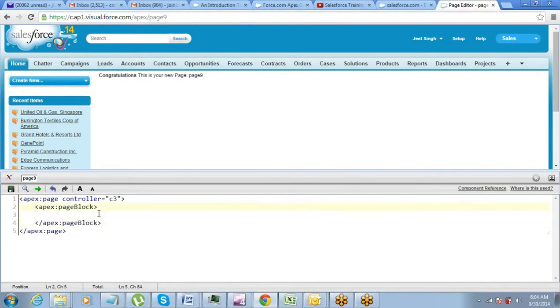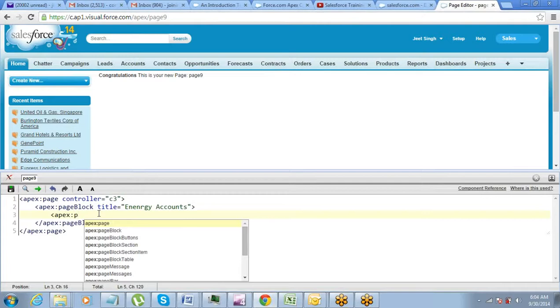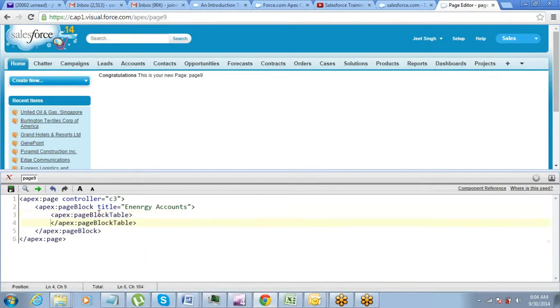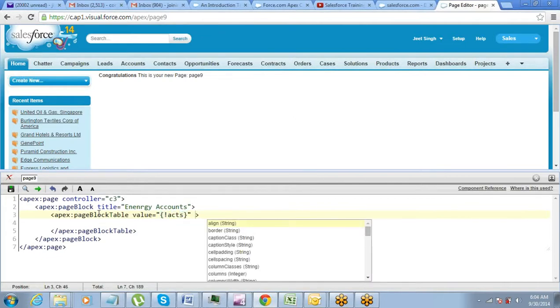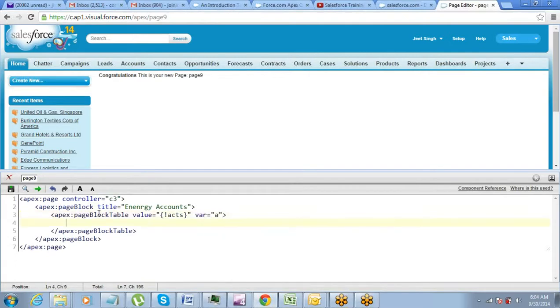We will create a page block, give it a title, call it energy accounts. Then create a page block table. Give the value to the page block table, which will be the name of the method, and then the variable can be anything, as I said earlier. Define columns.